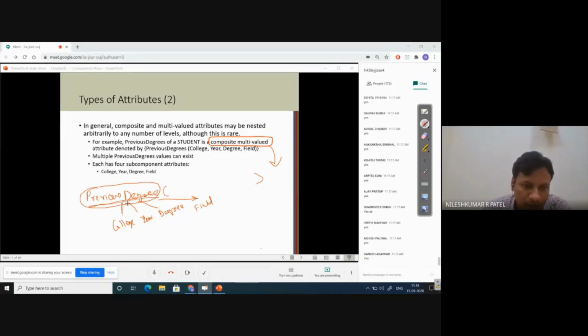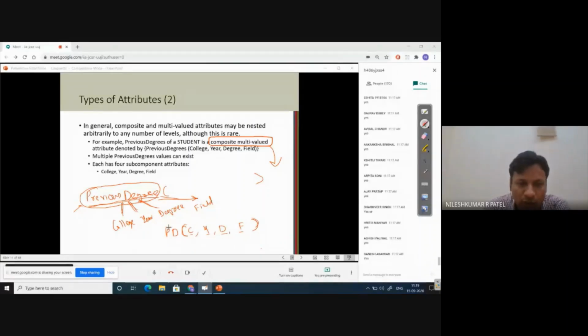So previous degree is a composite attribute having these four components. You may represent previous degree, let's call it PD, in parenthesis: one is college, second is year, third is degree, and last is field. So we represent component attributes like this under parenthesis.